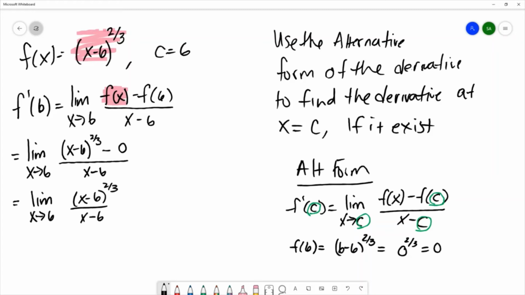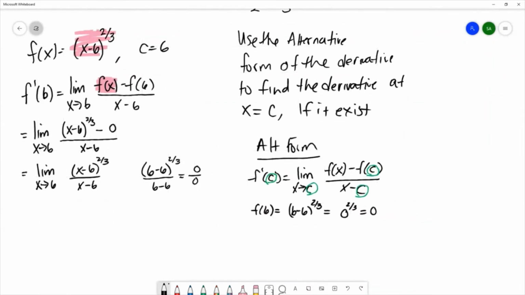If I try to calculate this limit right now with direct substitution, I would get 6 minus 6 to the 2/3 over 6 minus 6. And this is going to give me 0 over 0, an indeterminate form. But that indeterminate form tells me there might be some simplification that I can do on this expression. So I notice that x minus 6 is a factor in the numerator and x minus 6 is a factor in the denominator. So I can think of this as x minus 6 to the 2/3 over x minus 6